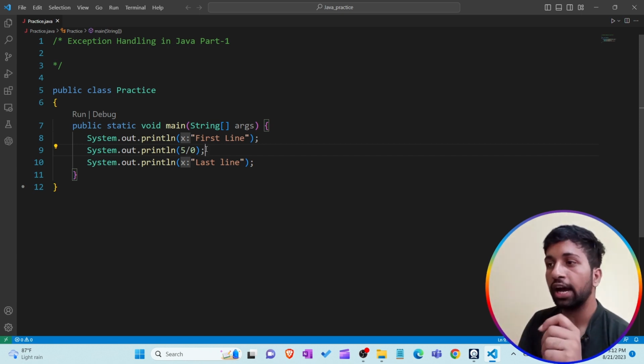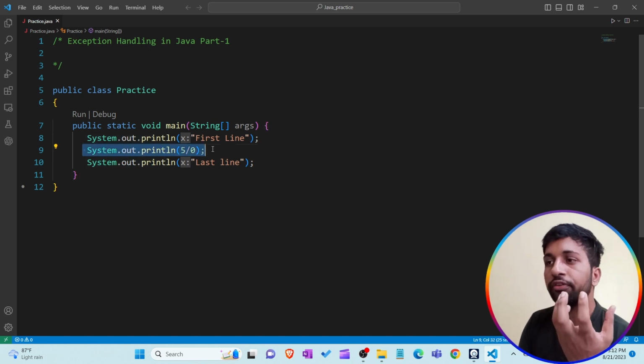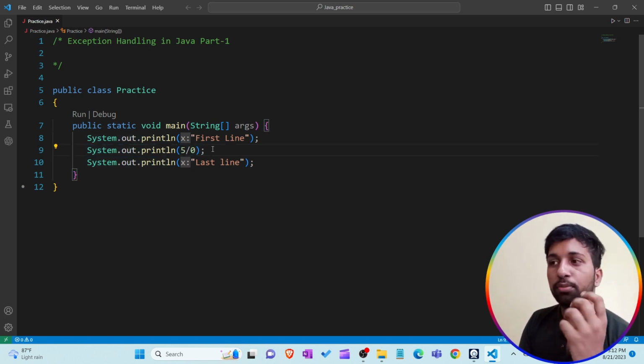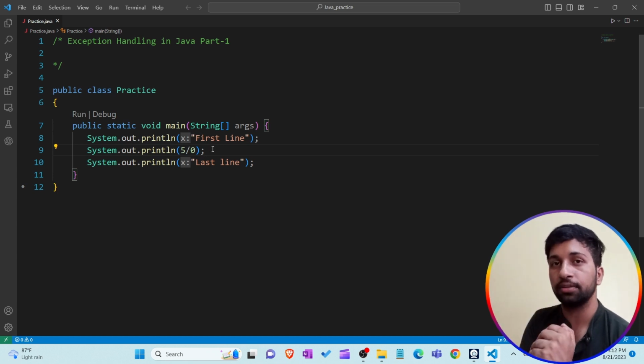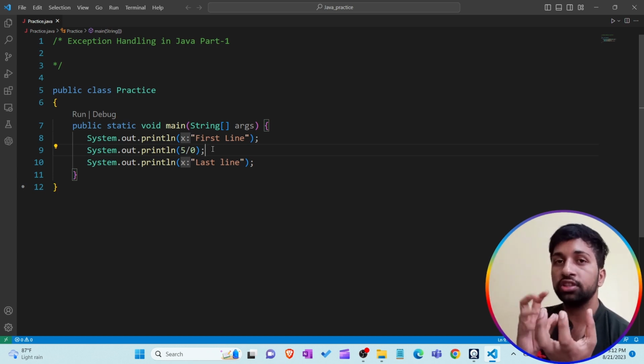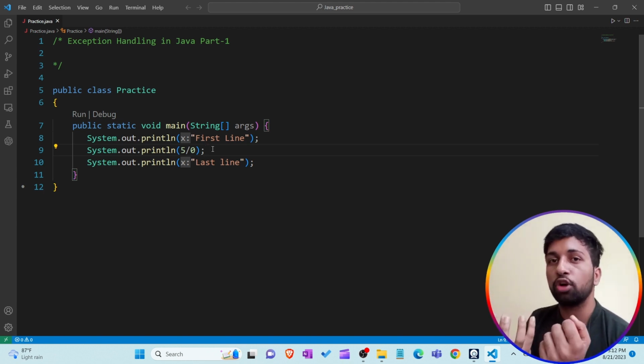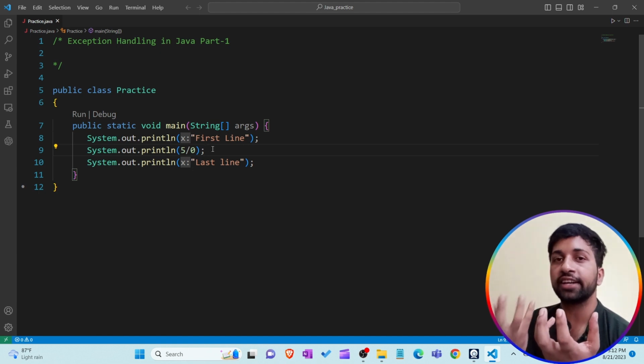So I am just writing the first portion of code where the exception occurs, and automatically Java creates an object that contains the information about this particular exception, and this object is thrown by Java from the first portion, from the second line, to the catch block. This is a catch block. What the catch block means I will talk about later, but for now just understand this is the second portion,